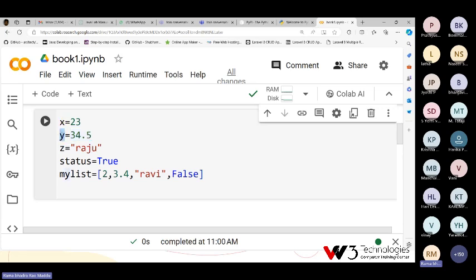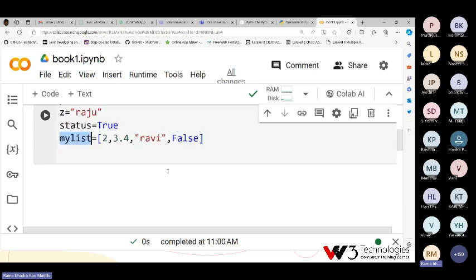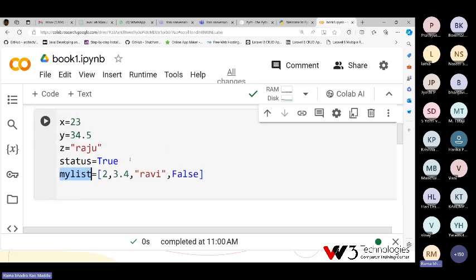That's why y is a float. Raju is a string. That's why z is a string type variable. True is a boolean. That's why status is a boolean type variable. Later you can change the value, then that particular type we can store. In the entire program there is no need to store one type of data in a variable. You can store different types of data also. So these are the different things.